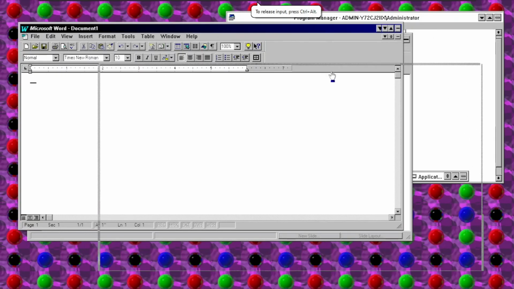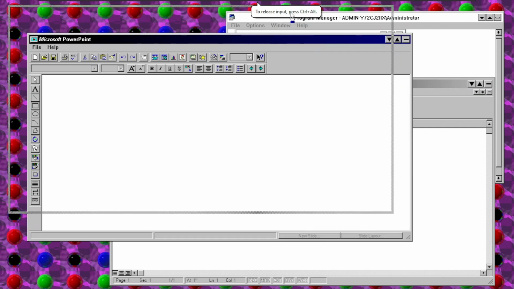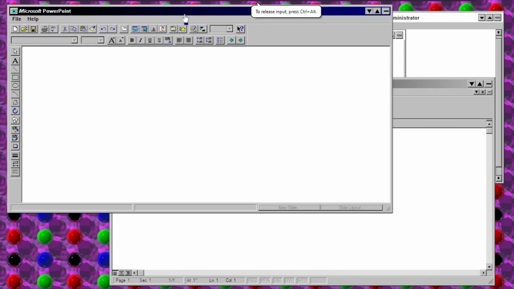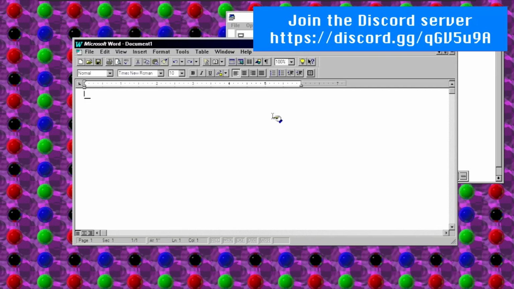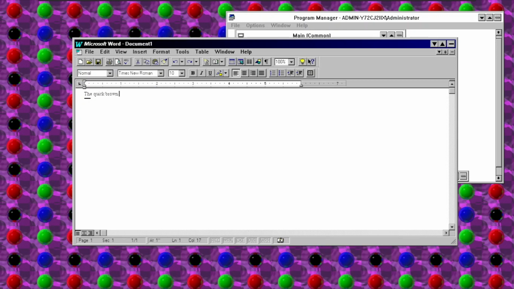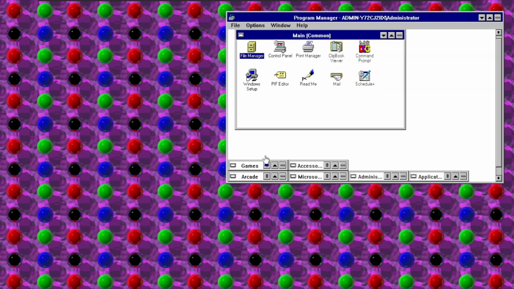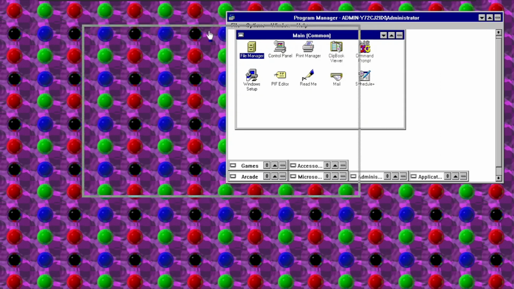So I've tried to install Microsoft Office XP, Office 97, Office 2003 and Office 2007. It doesn't work in here because I don't know literally why. So going to maybe PowerPoint. No, it doesn't really work the same one. Typing the quick brown fox jumps over a lazy dog. Yeah, this is example 1. No, and well, as far as I experience, this